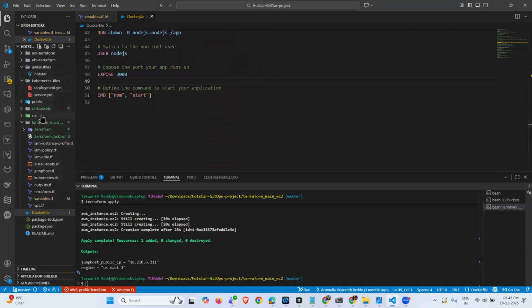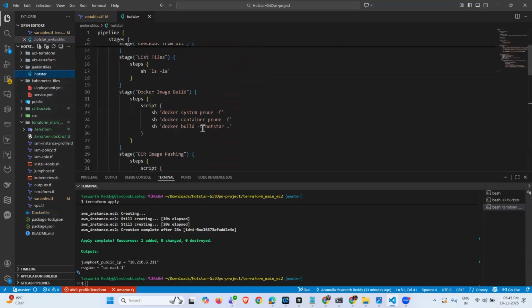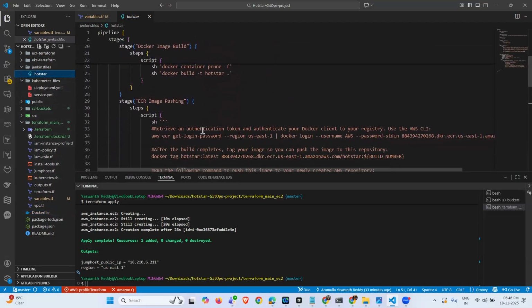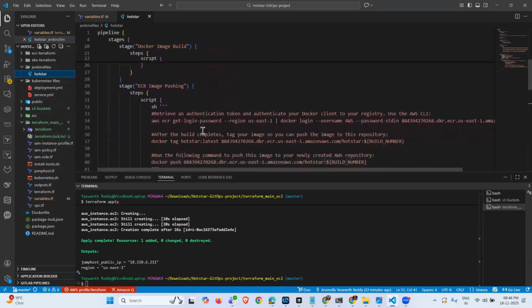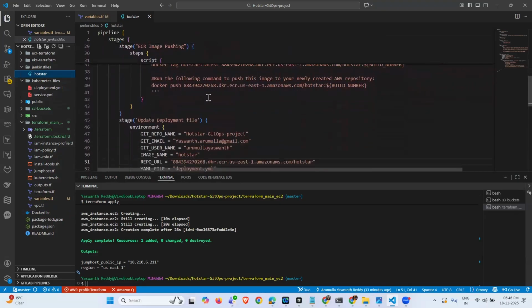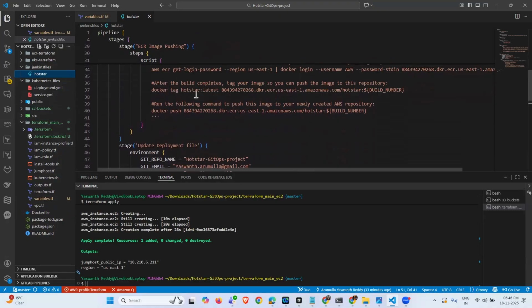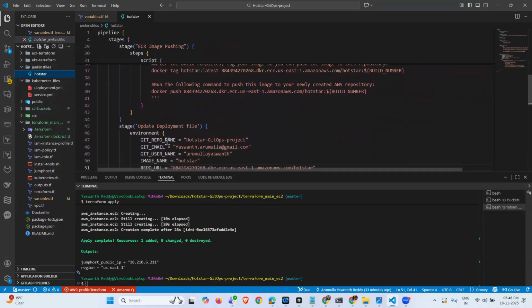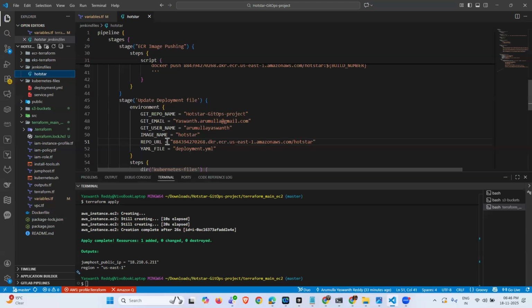Wait, I will run this one again. Yeah, see, it will build the Docker image. After that, this Docker image will be pushed to the Amazon ECR. Once the latest image is pushed to the Amazon ECR, it will push to GitHub because we are using GitHub Actions. That's why